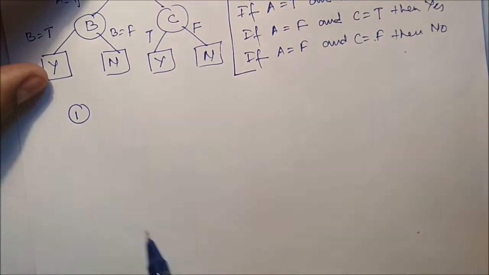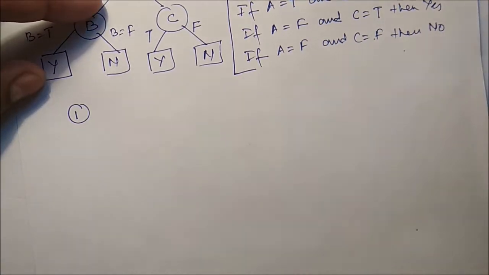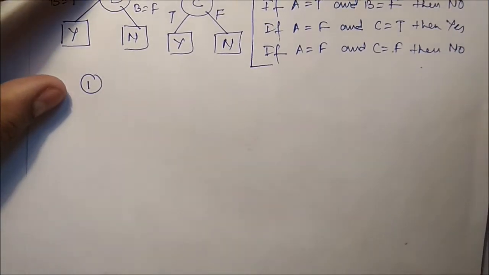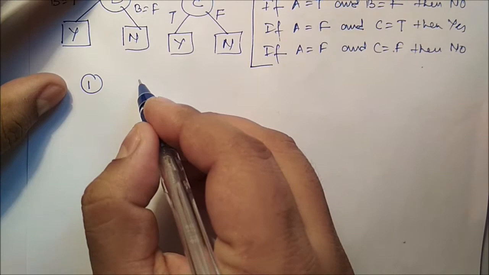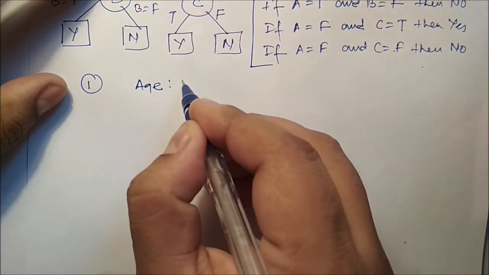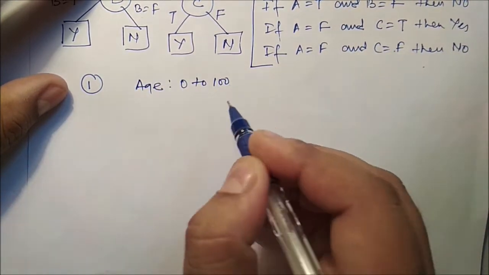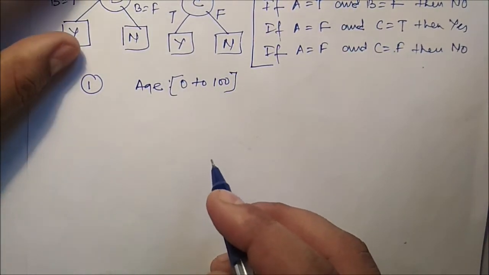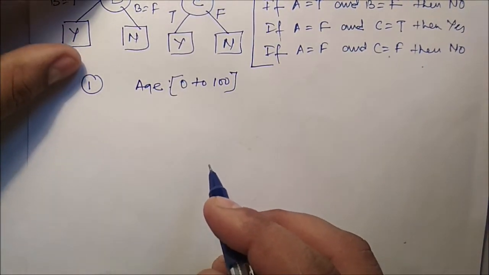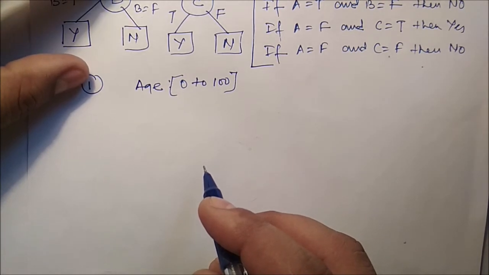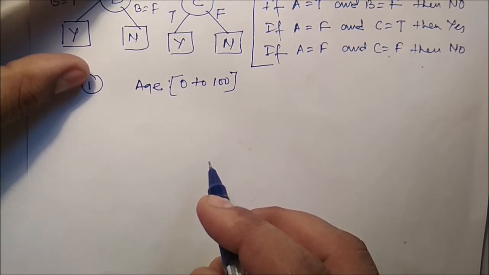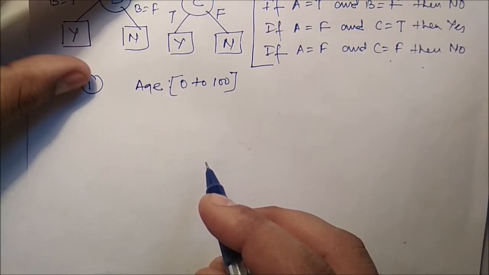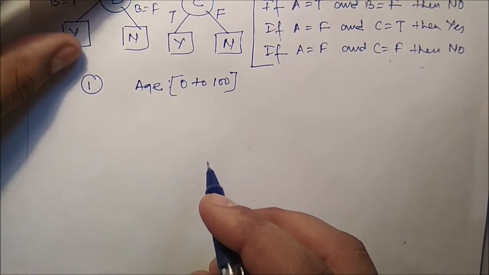First one was difficult to handle continuous data. So already you know what is continuous data. Say age. Say age may be 0 to 100. So how to break? So anyhow we have to break it. We have to apply discretization. So already we have discussed the discretization. But what should be the breaking rule? How to break it? How many splits must be there? So it's very difficult.